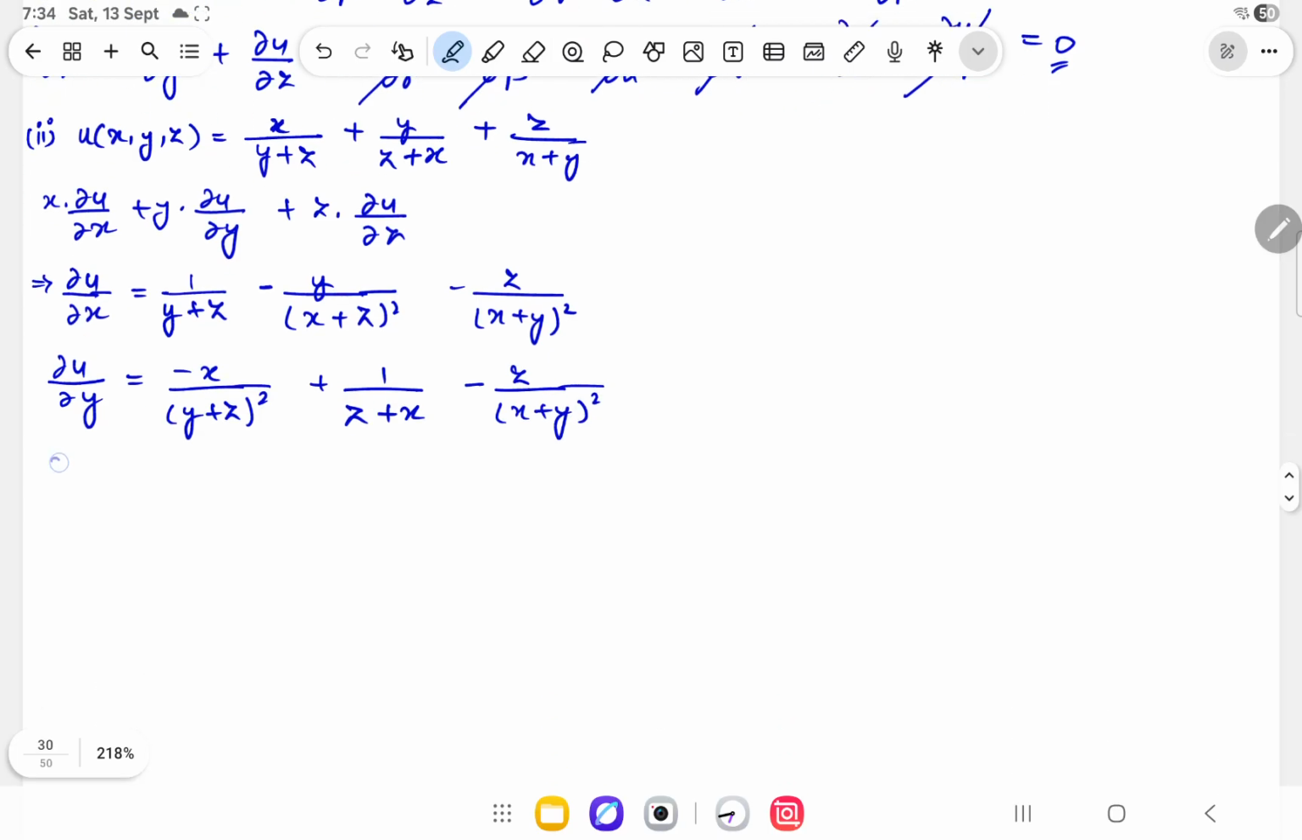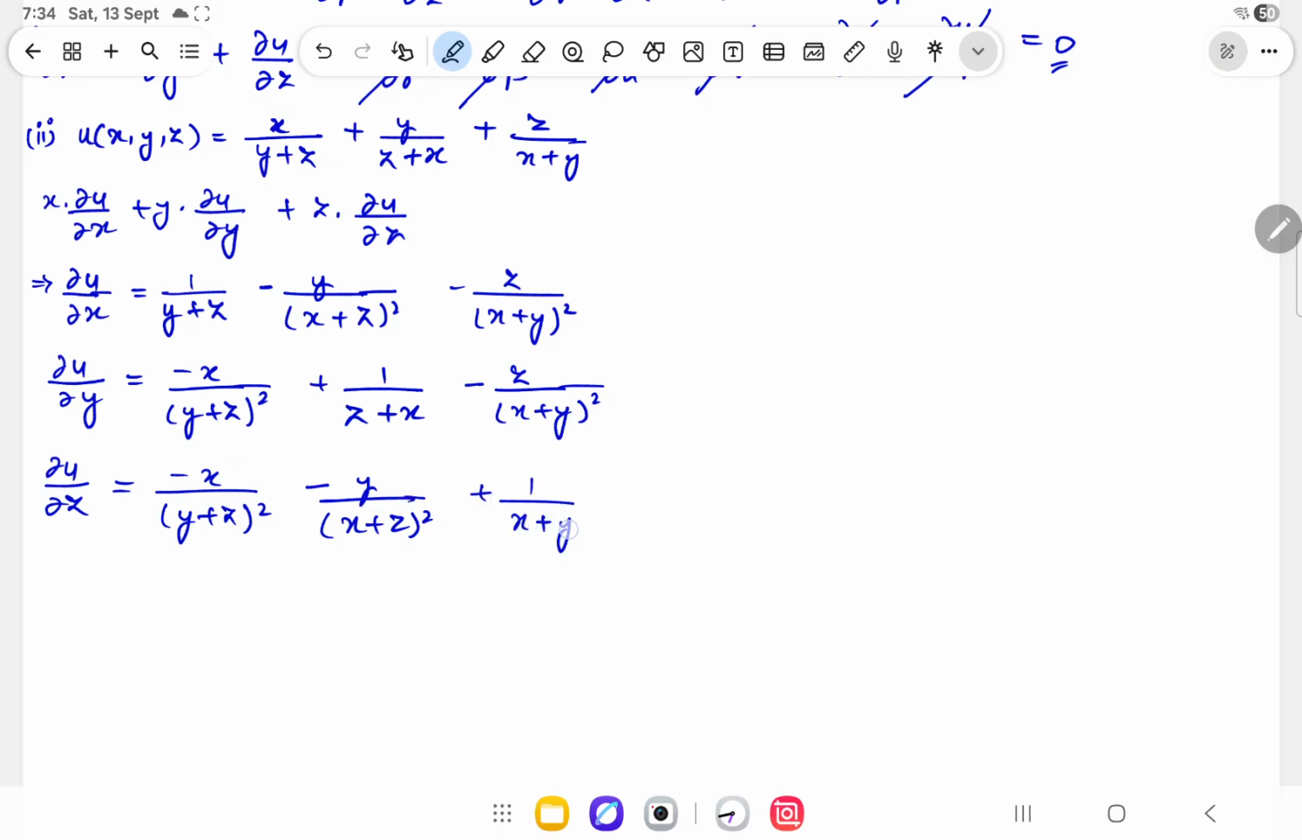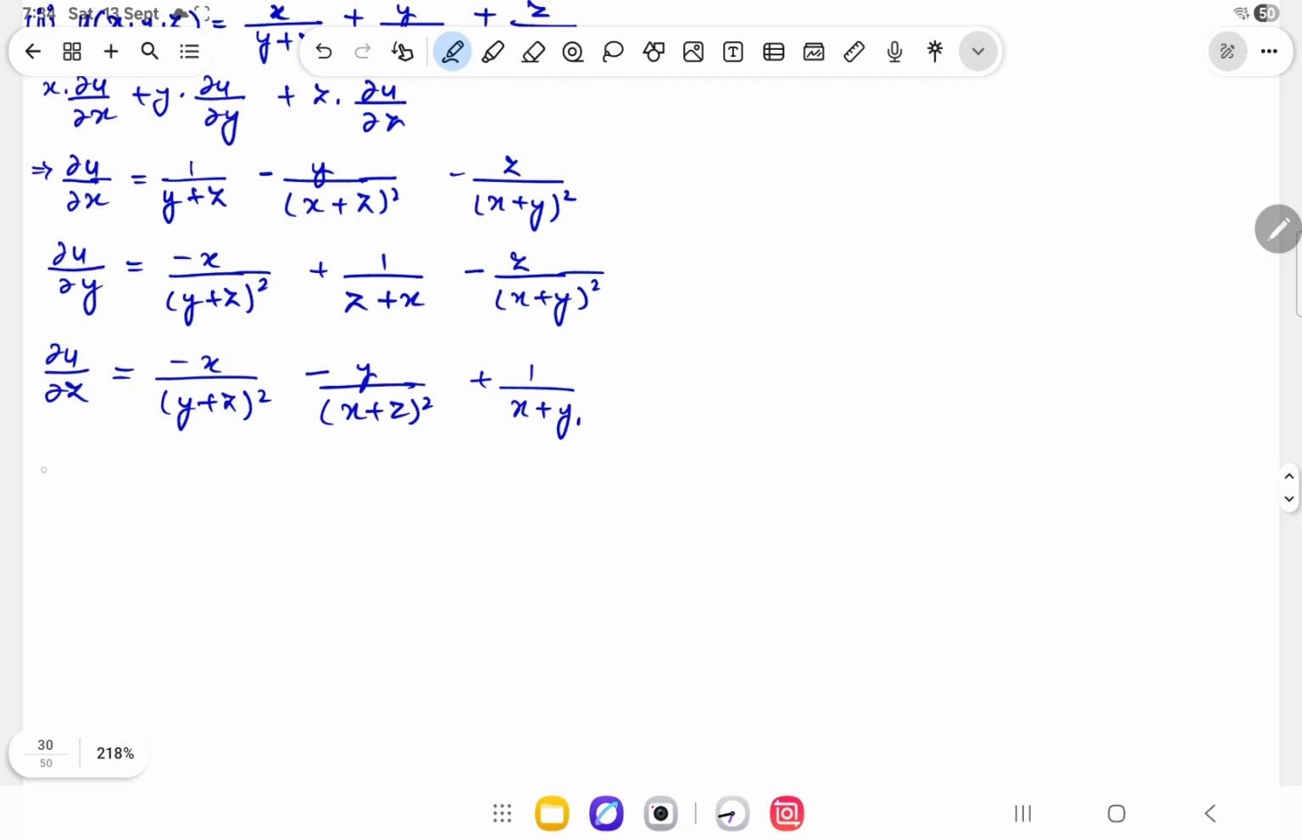Likewise, we can find the value of del u by del z. That will be basically minus xy upon (x plus z) square minus y divided by (x plus z) square plus 1 divided by (x plus y). So the value of x into del u by del x plus y into del u by del y plus z into